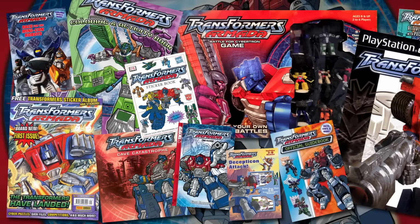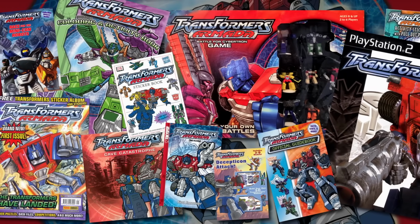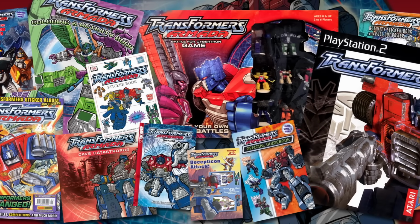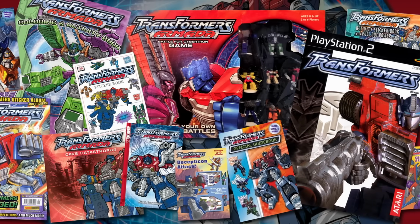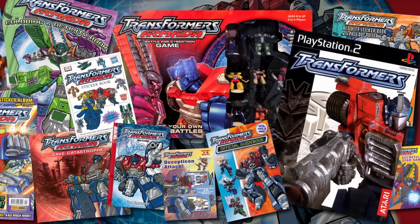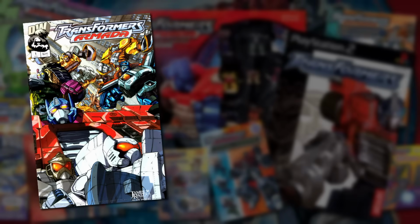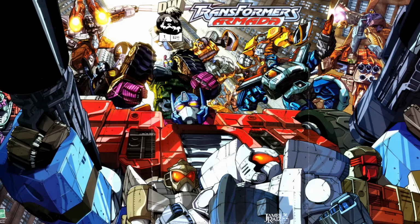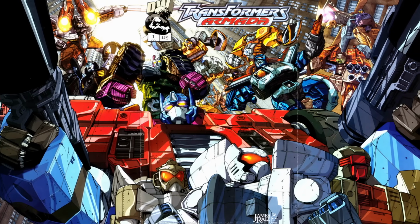The series was accompanied by a marketing blitz of media and merchandise the likes of which hadn't been seen since Generation 1. Countless storybooks and activity books, mini-comics packed in with the toys, a board game, a video game. But the two most significant were a comic book series published by Dreamwave Productions and an anime TV series written and produced in Japan by studio Actus Inc. In the tradition of Generation 1, the comic and cartoon existed in separate continuities, each telling their own unique version of the Armada story. The comic hit first, arriving in July of 2002 and taking the #1 spot on the month's sales charts with over